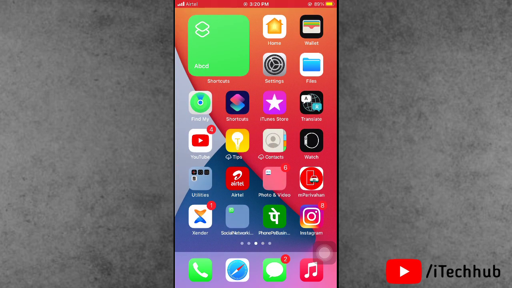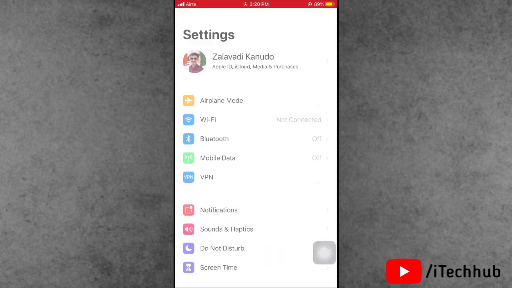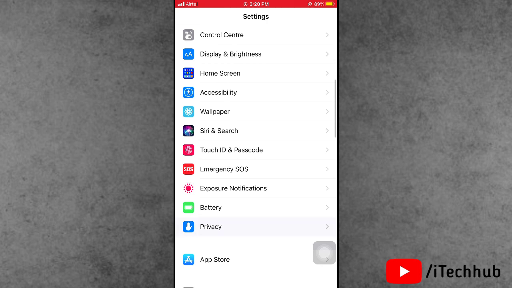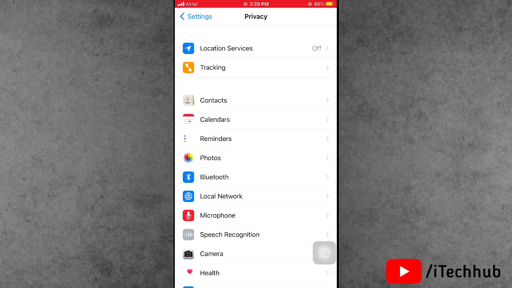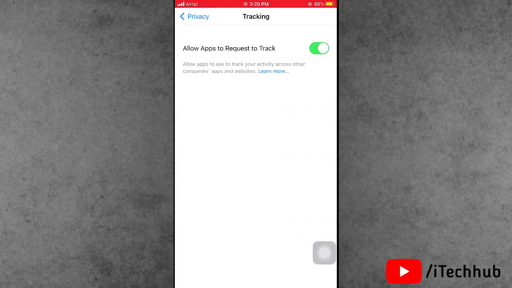First of all, open the Settings app on your iPhone or iPad, then scroll down and find Privacy. Then you can see the second option is App Tracking Transparency. So guys, please tap on that. Then you can see Allow Apps to Request to Track. Many iPhone users reported that Allow Apps to Request to Track is also grayed out on iPhone as well as iPad, and the App Tracking Transparency options are grayed out too.